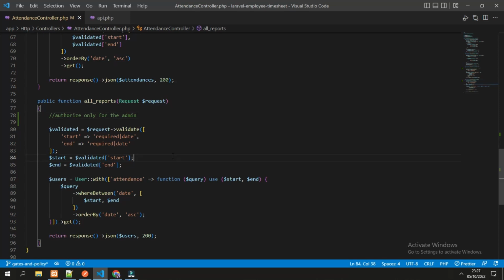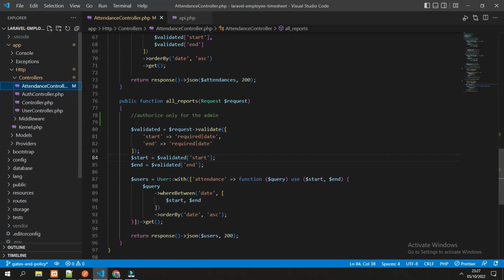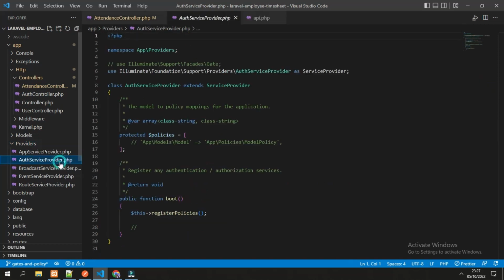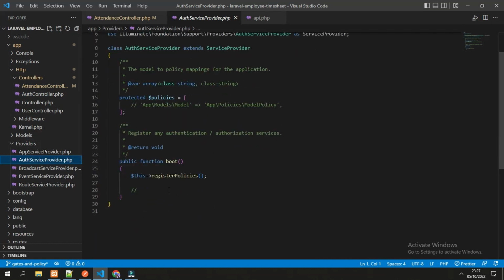To register the gates, we open the folder of app, http, and the providers. There we can go into the auth service provider and define the gates inside the boot method and under the register policy.